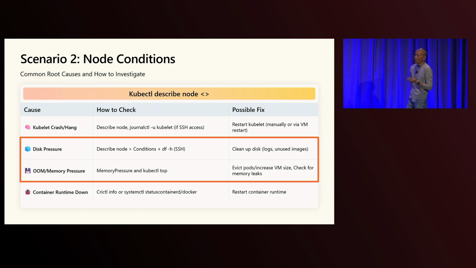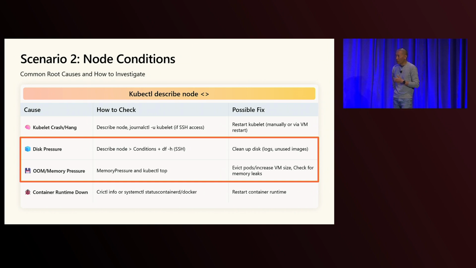Now, what do you do once you understand what the problem is? Well, because it's related to disk space, you have a couple of different options. One would be, okay, clean up the files that are consuming all the storage that you didn't expect. Another one would be figure out why the container image garbage collection isn't running. And of course, there's also always the option of being able to choose a larger disk to have more capacity.